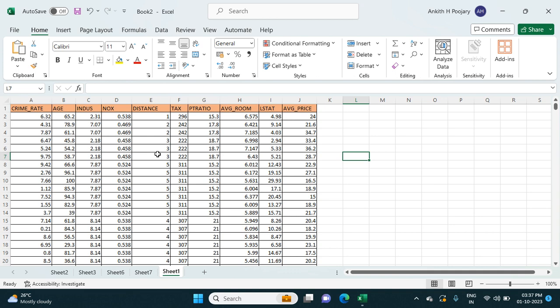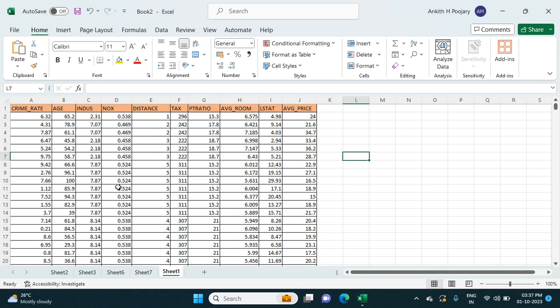So for building a predictive model, we need to do some modeling techniques like regression modeling. If your data fulfills some conditions, then you can say that it is a good predictive model. So in this video, let's see how to build a predictive model. In order to build a predictive model, we will use